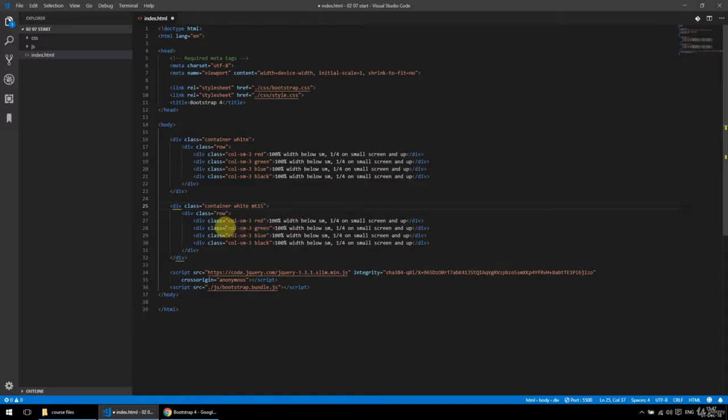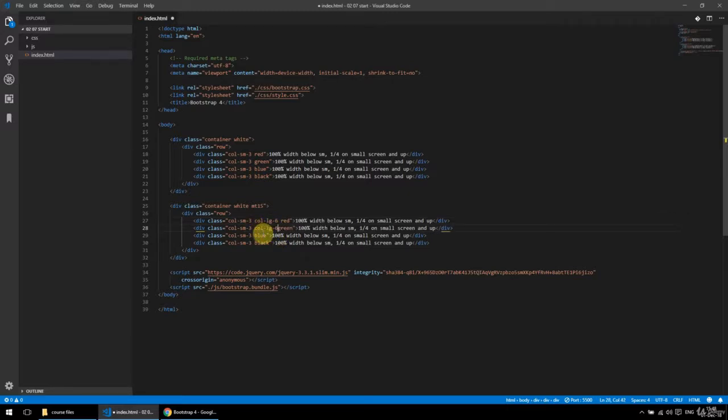I could have had this in a row of its own instead of the container here, but doesn't make a difference. So anyway, I want 2 columns in a row on large and up, so I would add here col-lg for large and 6, since 6 is half of 12, and so on for the rest.